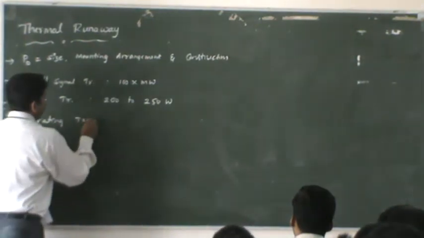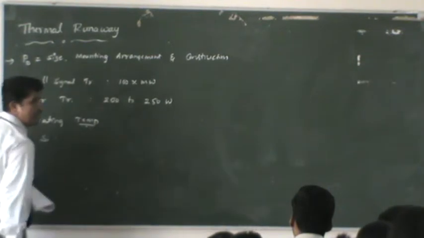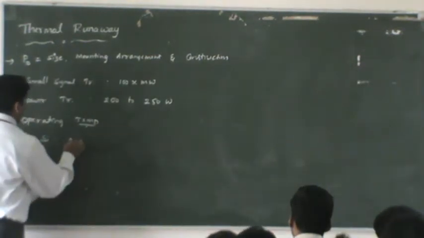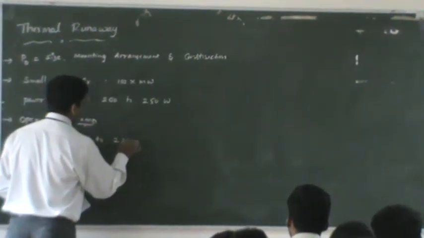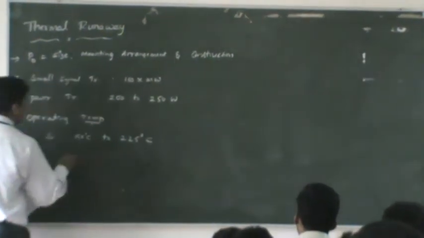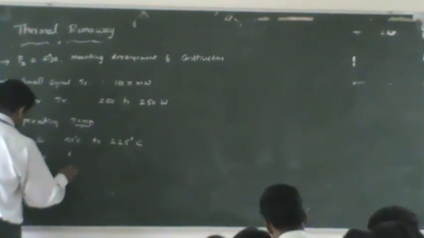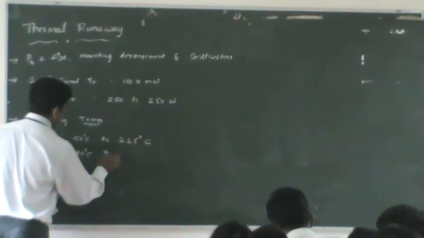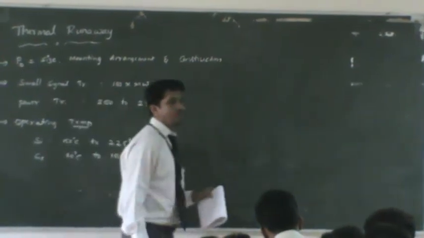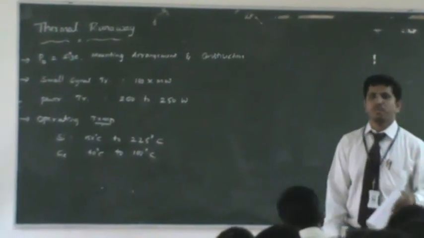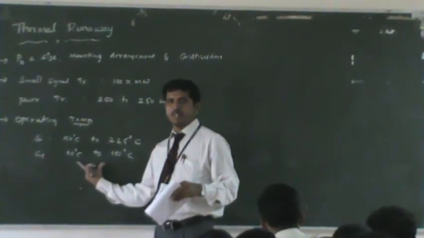We have two types of transistors, as you know. A silicon transistor can operate over a wide range of temperature, which is going to be 150 degrees Celsius to 225 degrees Celsius. If you have a germanium transistor, its operating temperature is going to be quite low, which is 60 degrees Celsius, and it can go up to 100 degrees Celsius. The reason it is a low operating temperature for germanium is because it has more conductivity but a smaller temperature operation range.